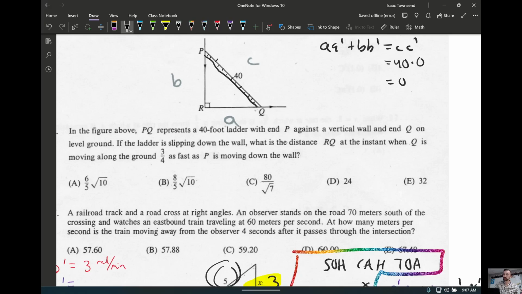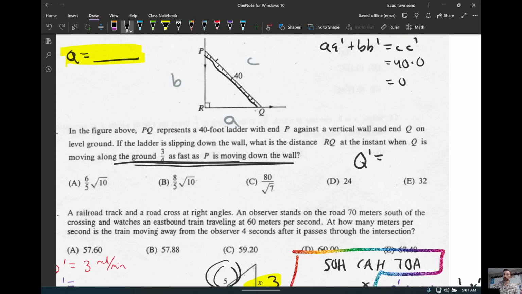Okay, what's the distance of RQ? To me, that's what I'm calling A. So if I can ever figure out A, that's my answer. Then, interpreting this into more information, I always do a bad job with this, so I have to be extra careful. The instant when Q is moving, so that would be the rate of Q,